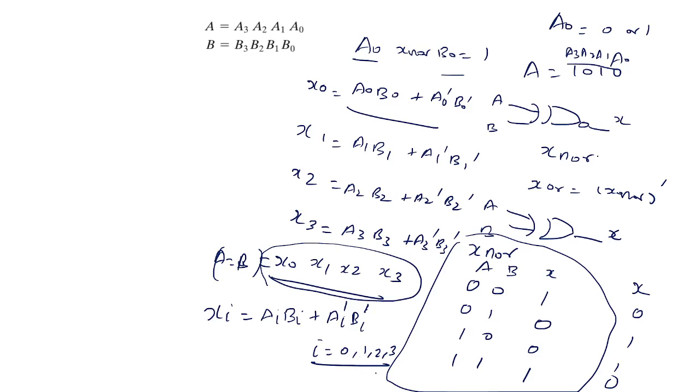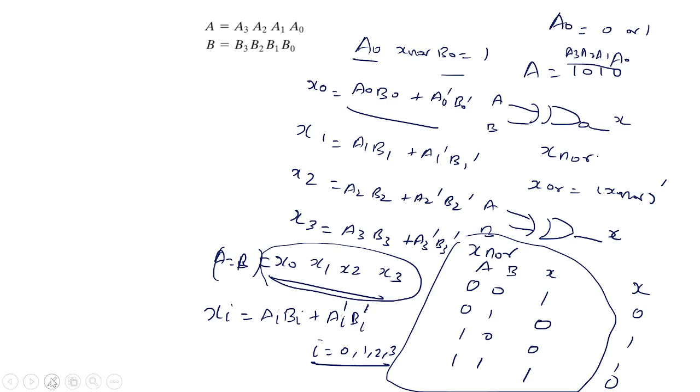So whatever comparator can be designed. It can be a 2-bit comparator, a 3-bit comparator, or a 4-bit comparator. Why I am explaining this is that in the exam they may ask a 3-bit comparator design. Sometimes they will ask you to design a 2-bit comparator. So you should be aware of how to draw the diagram of a 2-bit comparator, a 3-bit comparator, whatever may be the size of the comparator, you should be able to draw it.